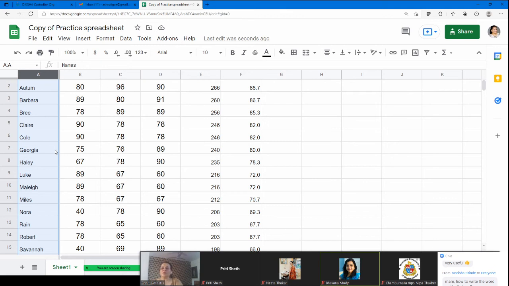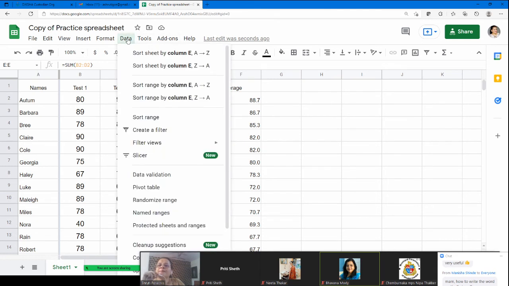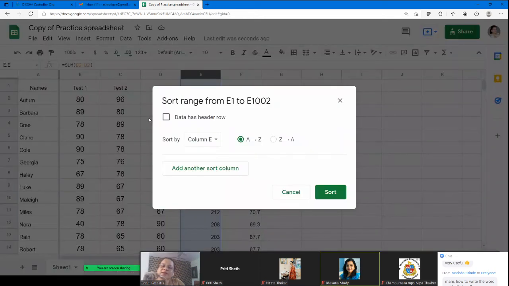Now when you are making your result, once you are done noting down everything, you also want to find out the rank. So what do you want to do? You want to sort them in increasing order, let me just check again. So again we go to Data, sort range, and because there is a header row, we select that, and again we want A to Z.